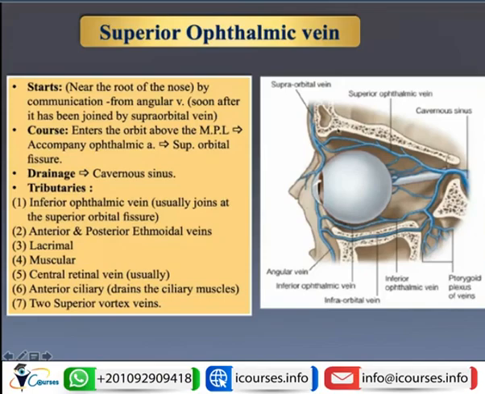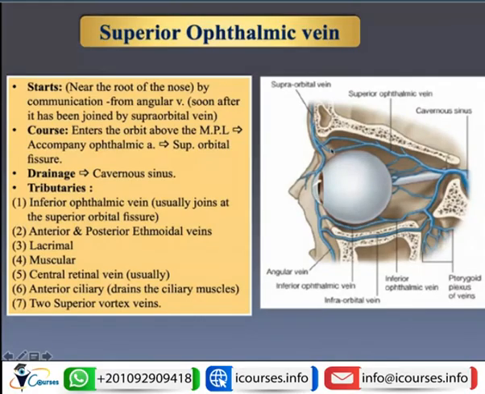Superior ophthalmic vein. So how does it form? It starts at the root of the nose by junction between the angular vein and the supraorbital vein immediately after it is joined by the supraorbital vein. So here we have the supraorbital vein, and here is the angular vein. As they are formed together at the root of the nose, they are forming the superior ophthalmic